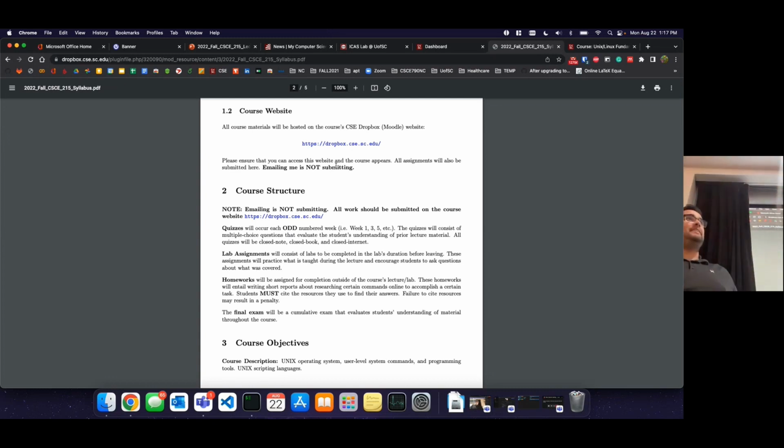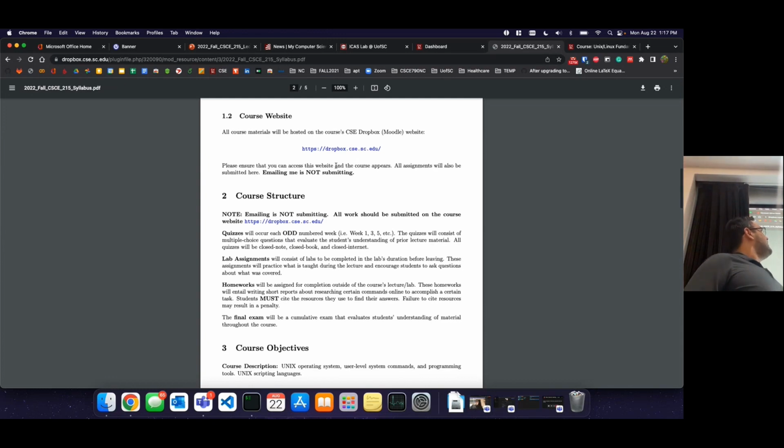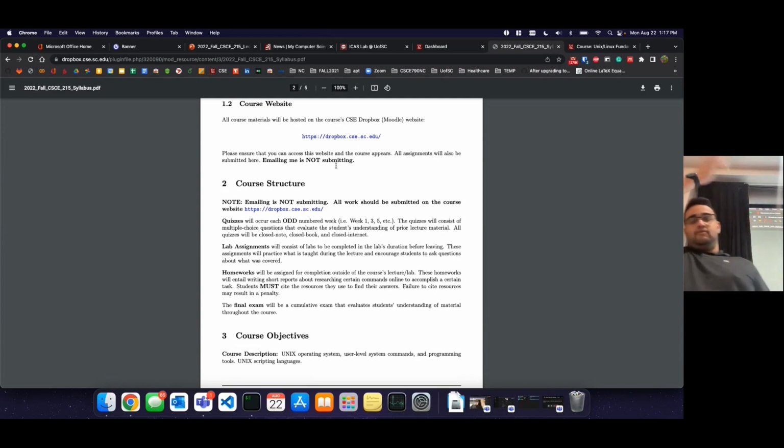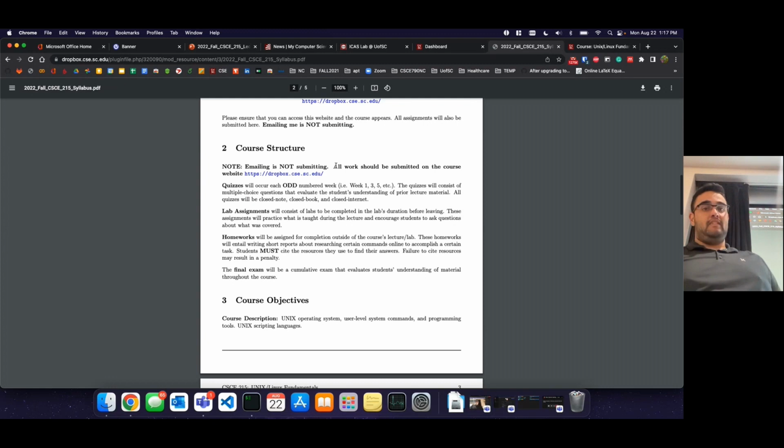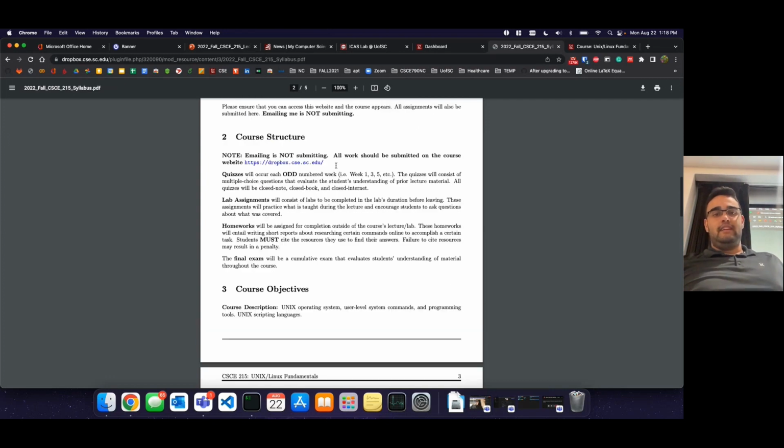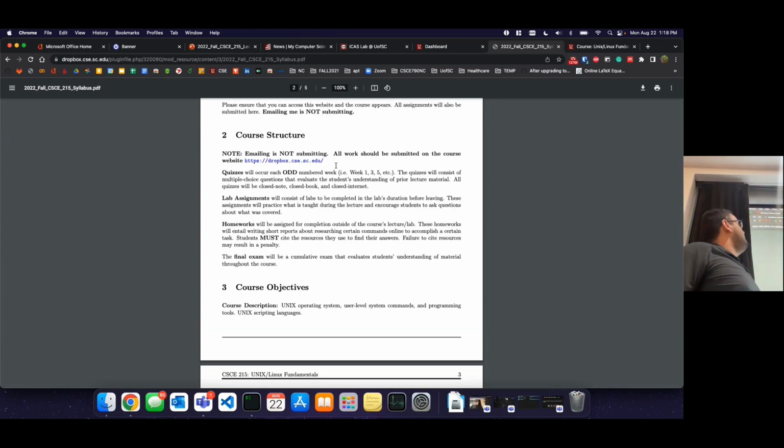If the assignment link's not up there, then that's my fault. But yeah, don't email any assignments unless I specifically have a circumstance that you need to email it to me. So yeah, all course materials will be on that website. Again, if you're not in the computer science and engineering department and don't have access to this website, please let me know as soon as possible, because you won't be able to access the labs either. And then we have to go through a whole kind of mess.